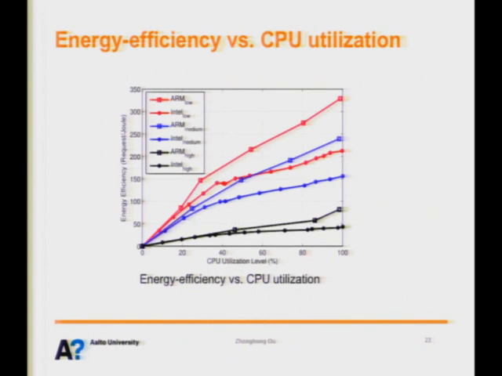So here is the energy efficiency comparison of the two processors at the same CPU utilization level. Basically it means, if you keep the ARM processors CPU busy at 40%, and you keep the Intel processors busy at 40%, what is the energy efficiency difference? Here you can see that when the ARM processors and Intel processors are at the same CPU usage level, the energy efficiency difference is not that big. It's around 1.2 times.